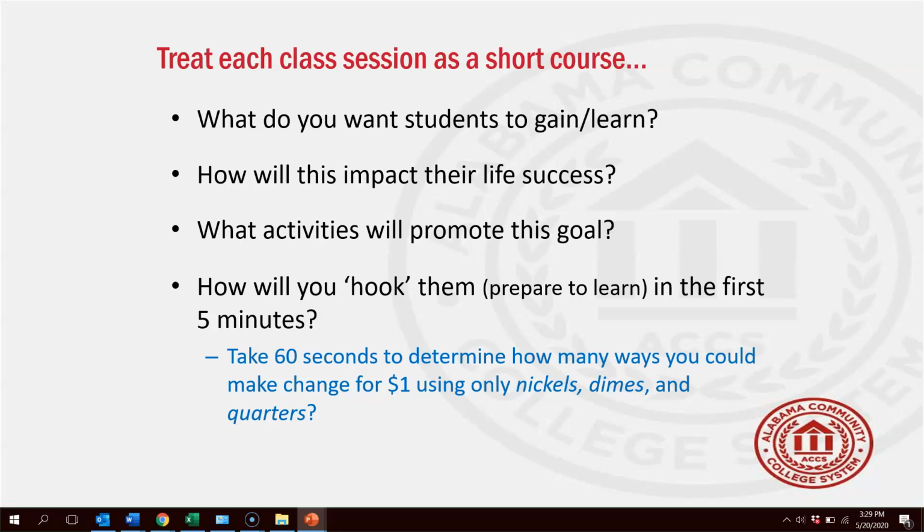Just use an example. We talk about quantitative reasoning. That's an important skill. I don't care what class, no matter if it's history, no matter if it's psychology, no matter what it is, including quantitative reasoning in the course, where some students are so scared to death of numbers that when you just say the word math, they freeze up. How about taking 60 seconds to determine how many ways you could make change for $1 using only nickels, dimes, and quarters? And you need to throw in with students and not Google the answer. We're working on critical thinking here. And if that's too difficult, you could start off with a simpler one of just dimes and quarters, or just dimes and nickels.